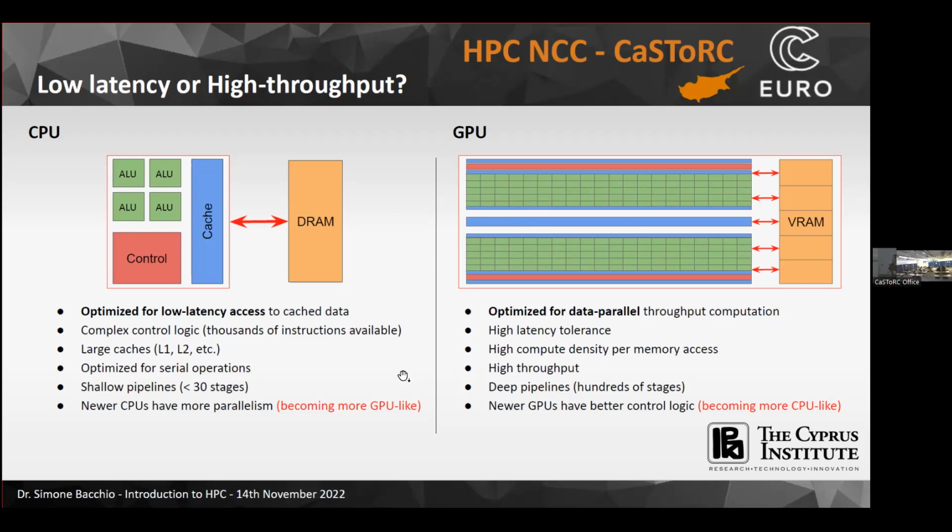And the trends nowadays are kind of similar. So newer CPUs, like we know, have many more cores. They're much more meant for parallelism, so they're becoming more like a GPU. And newer GPUs for data science have better logic, and so they're also kind of going more like a CPU. But they're still two very different pieces of hardware, especially in the fact that the GPU is also very fast in what it does, because it has an optimized